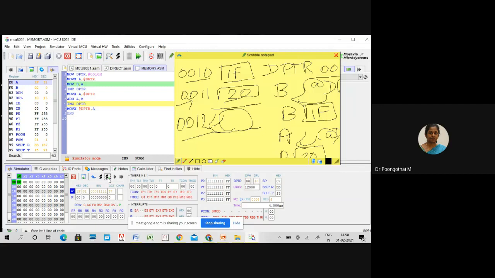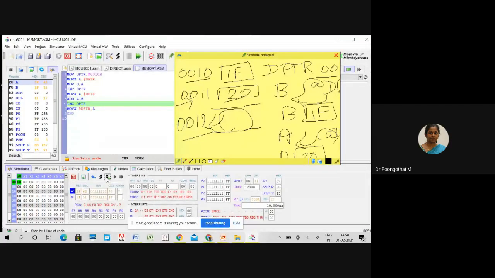After execution of the MOVX instruction, your accumulator holds 1F and that is transferred to B register. Now your B register holds 1F and next MOVX A comma @DPTR. That is, I'm trying to access the 0011 value. So now your accumulator holds that value, 20.